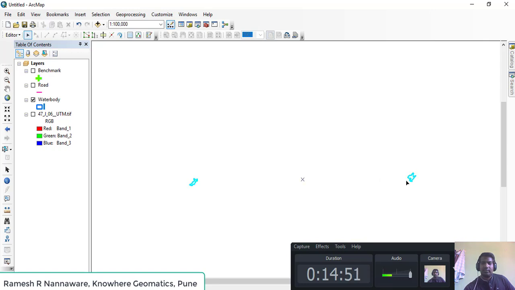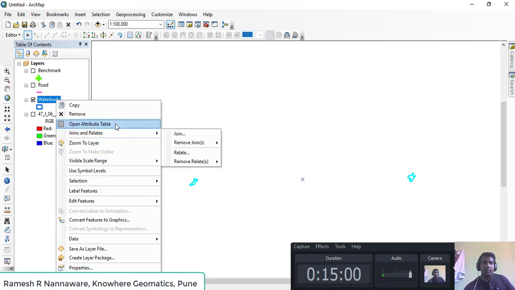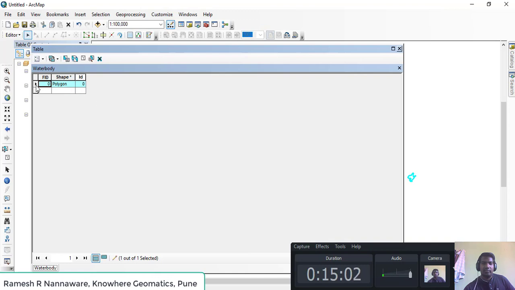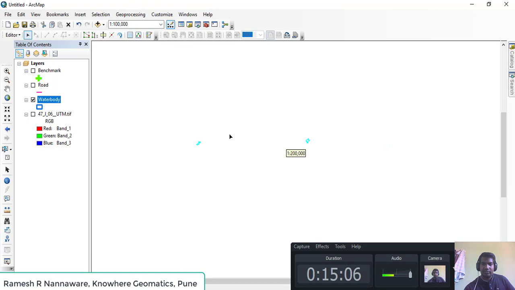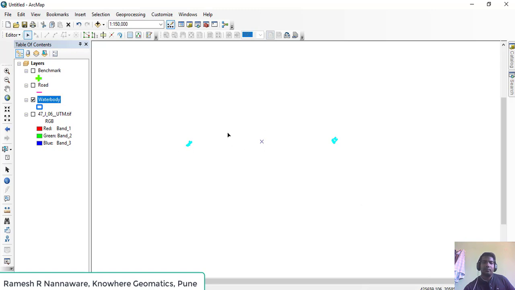You can see if any polygon is selected, both polygons are selected because they have been merged into one polygon. Here also we can see it in the attribute table. And in this situation, there is a tool to make both the polygons separate.